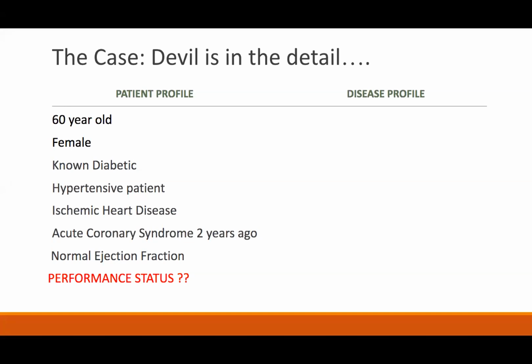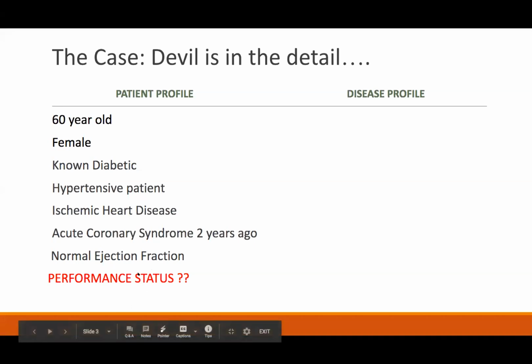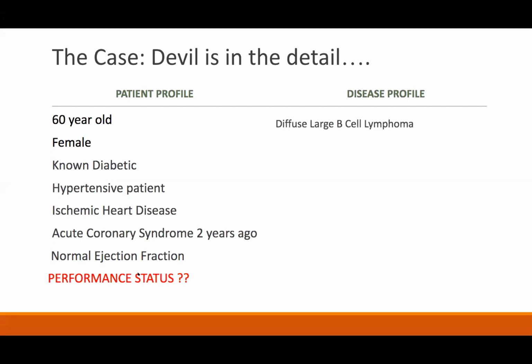Second thing is, he also quoted a good amount of trial data. Again, most trials have excluded patients who we are referring to right now. In this particular case, a patient who has multiple comorbidities and an underlying coronary artery disease. Most trials will, in fact, all of them will exclude this in their assessment. The third thing is, in this particular case, there is no performance status which is mentioned. So again, that is another questionable problem.